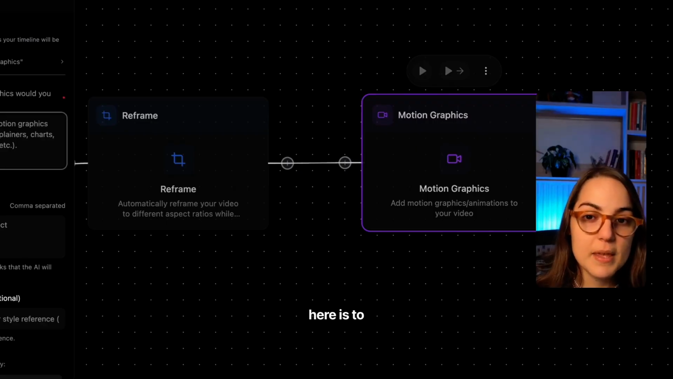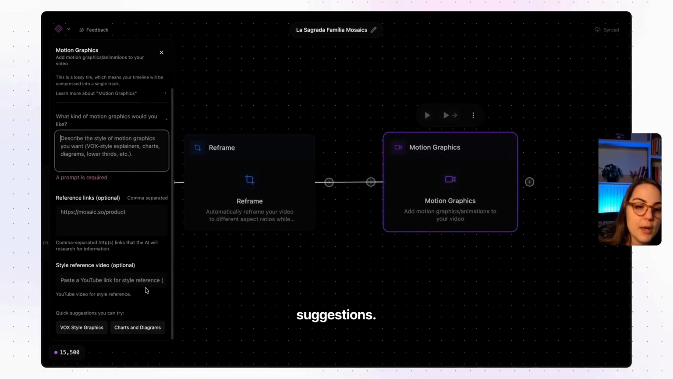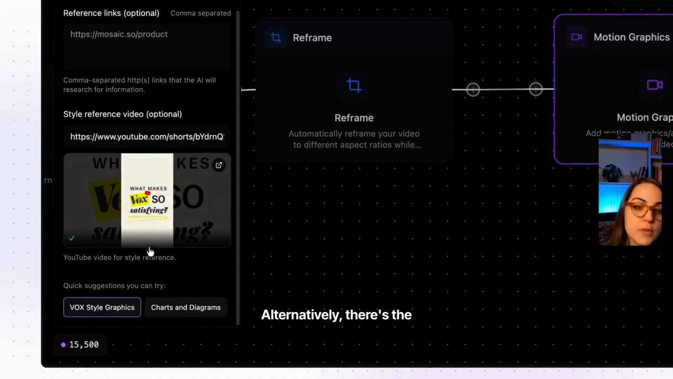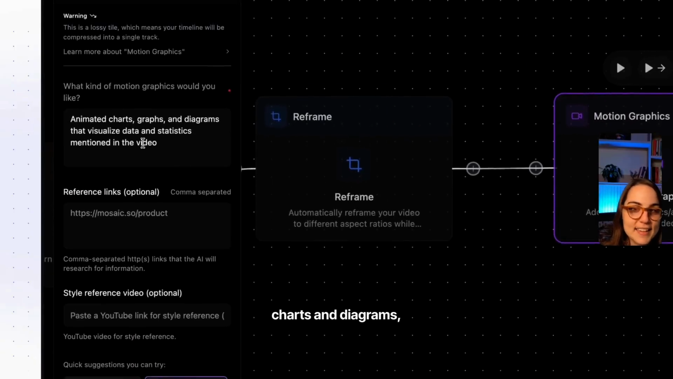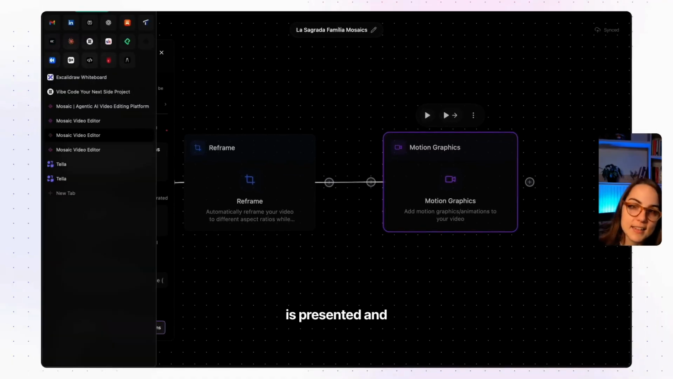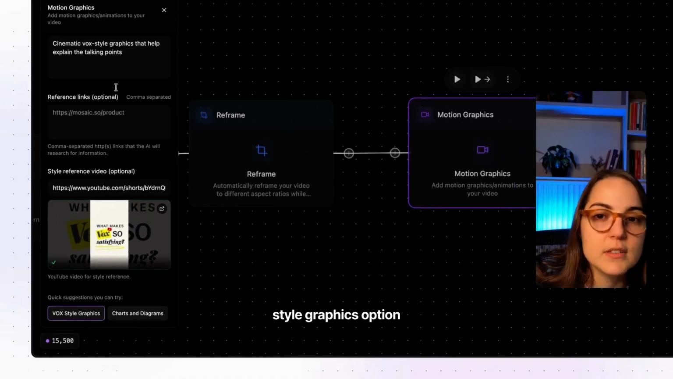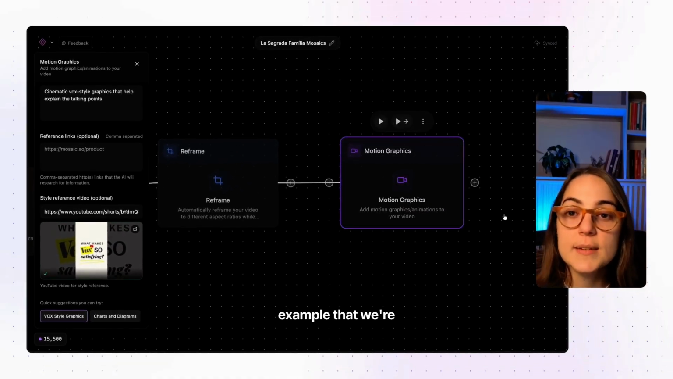What it's asking you to do here is to implement a specific motion graphic style, and for this, they provide you with two excellent suggestions. The box style, for example, is quite effective and visually appealing. Alternatively, there's the option of using charts and diagrams, which also allows you to dynamically animate all the statistical information that is presented and discussed within the video. I'm going to select the box style graphics option for the particular example that we're going to be working on